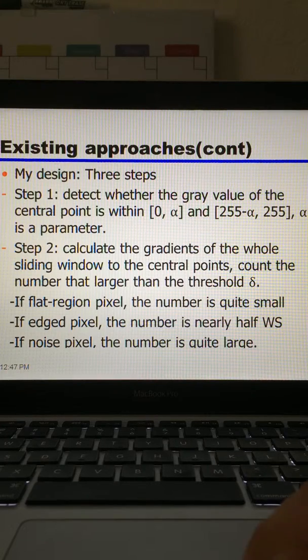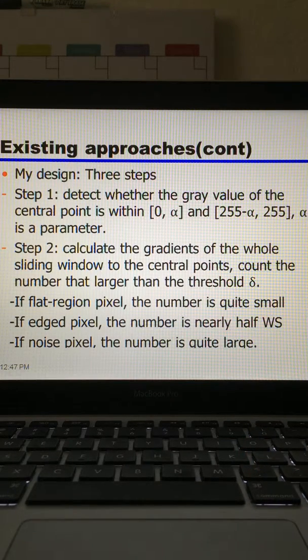Step 1 is to detect the gray value and whether it's within the range of this, and this range is where the noise points will mainly be located. Actually, the noise points are always some extreme value points, and alpha is a parameter. And step 2